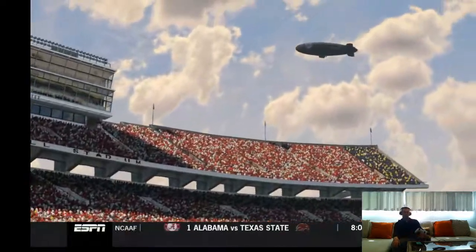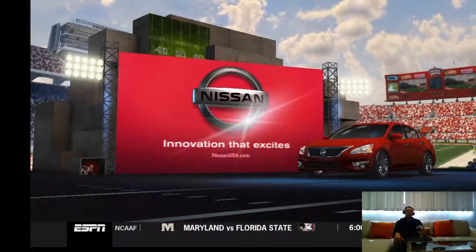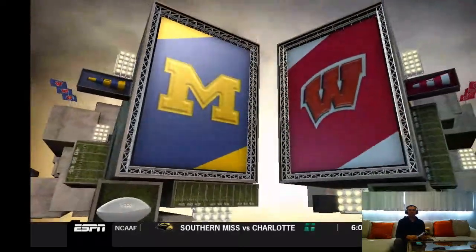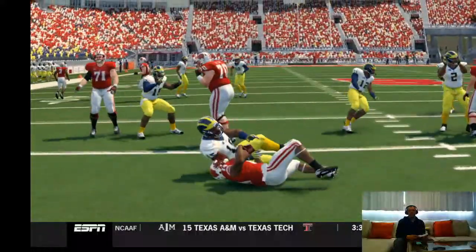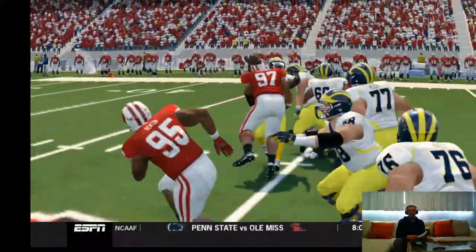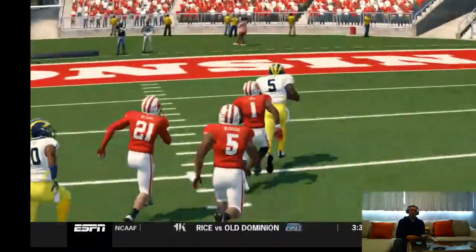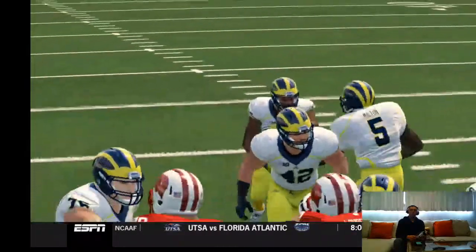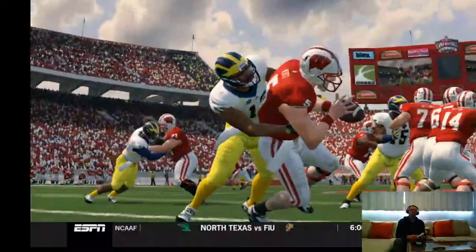We've played 30 minutes. Glad to have you with us on the EA Sports NCAA Football 14 halftime show presented by Nissan. Innovation that excites. David Pollack and I here in the studio to break down everything that just happened in your game. So far, so good for both offenses in terms of taking care of the football, but now the defenses are ramping up the sense of urgency in terms of trying to get the ball back to their offense.